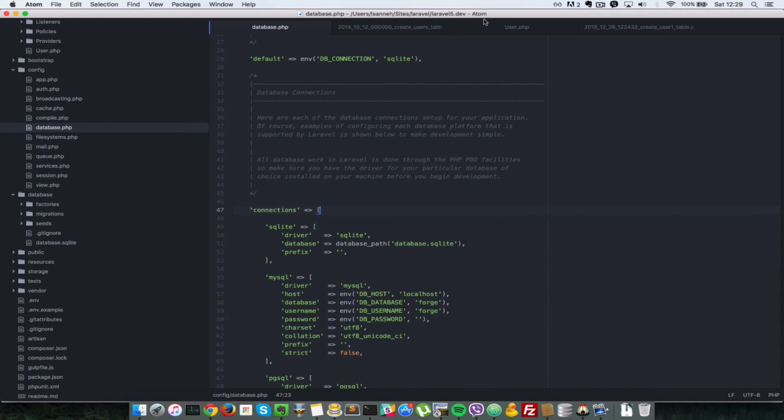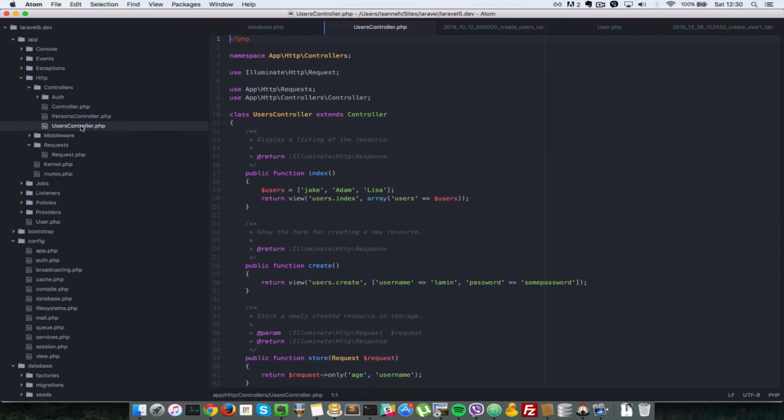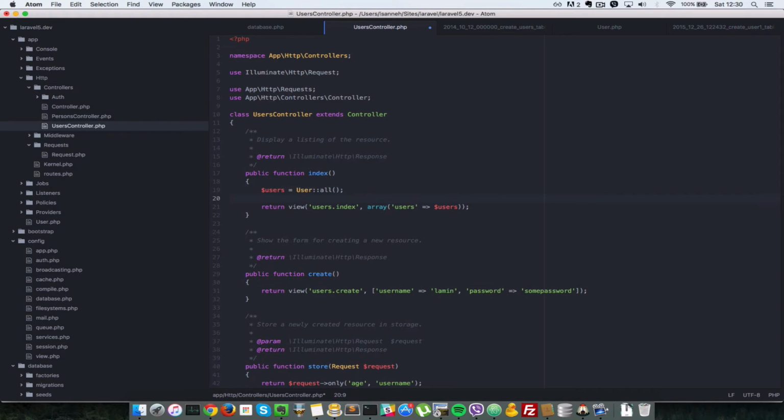Now what we have to do is go to our users controller inside HTTP here. Instead of returning this fixed array here, let's do something like User::all. Basically what that is doing is it's using the user model to query the users table, and it's returning all users in there. Since we don't have any users, that should be an empty array. So instead of returning the view, let me just return users for now, and I'll show you that it's empty. Let's go back to our browser